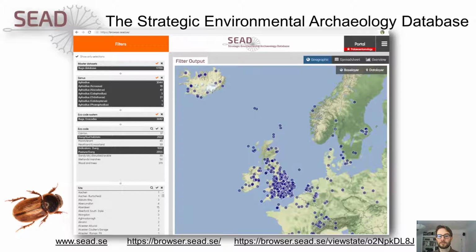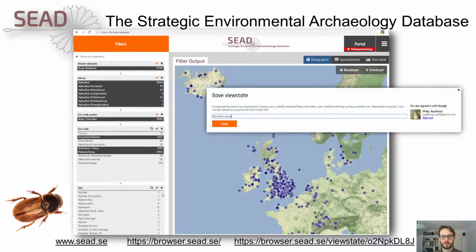I've then further filtered the points based on the ecology of the dung beetles, so limiting the results on the map to just the species which are more dependent on dung and less of an indicator of other types of environment. The system then allows you to create a view state for this, which will be saved as a URI,